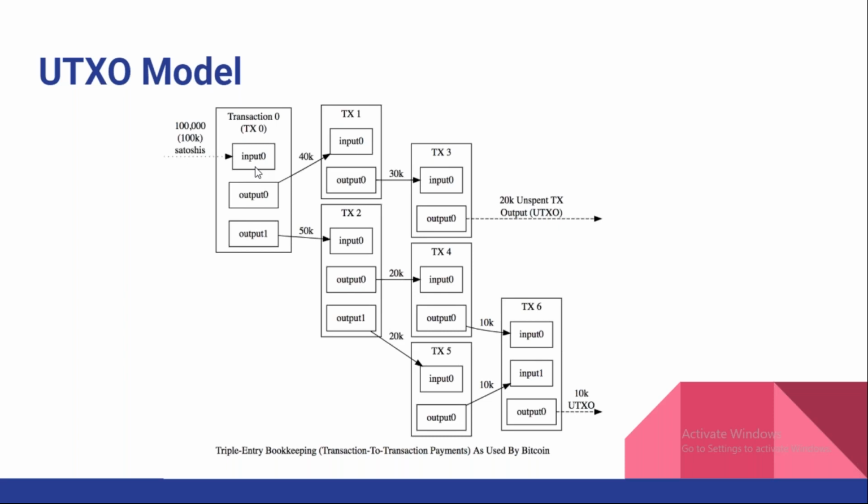If I want to spend those 10 Bitcoins, among them I want to send 2 Bitcoins to some other person. That is the output transaction. What will happen? These 10 Bitcoins, I will give as input. But I want to send only 2 Bitcoins. So that 2 Bitcoins will be transferred to the remote person, and the remaining 8 Bitcoins will come back to my account again with a new address.